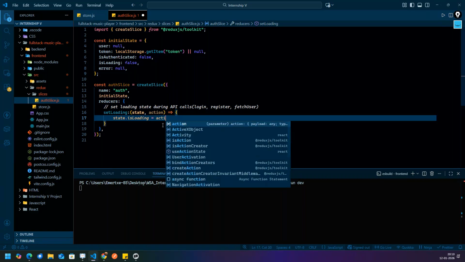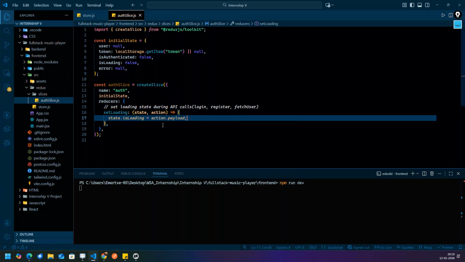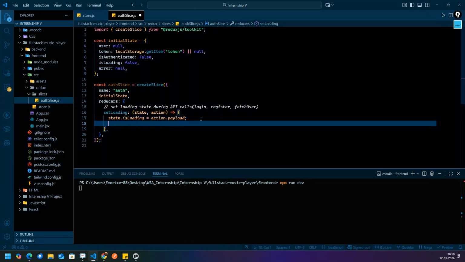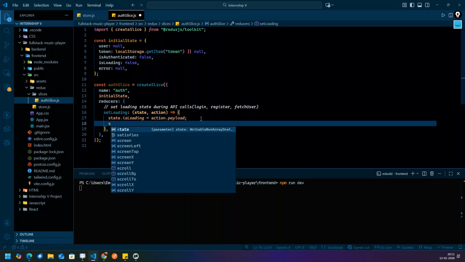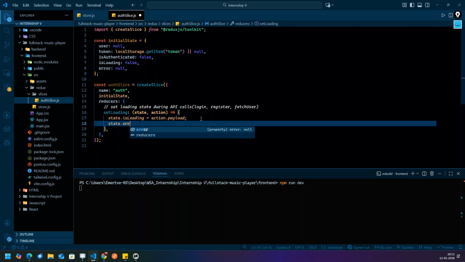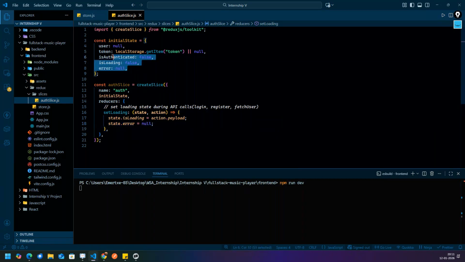So action.payload: whatever payload is coming, on the basis of that, we will set loading state true or false. And then state.error: now there should be no error, so I'll keep it as null. State represents the store values or the initial values.